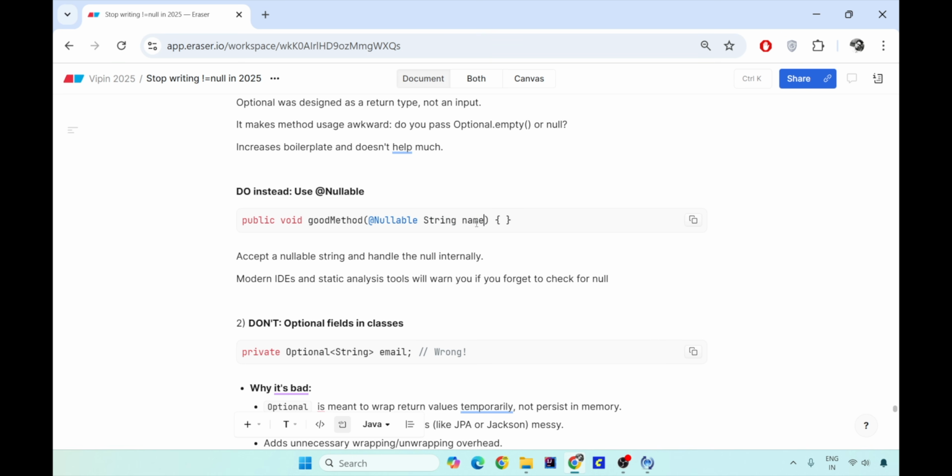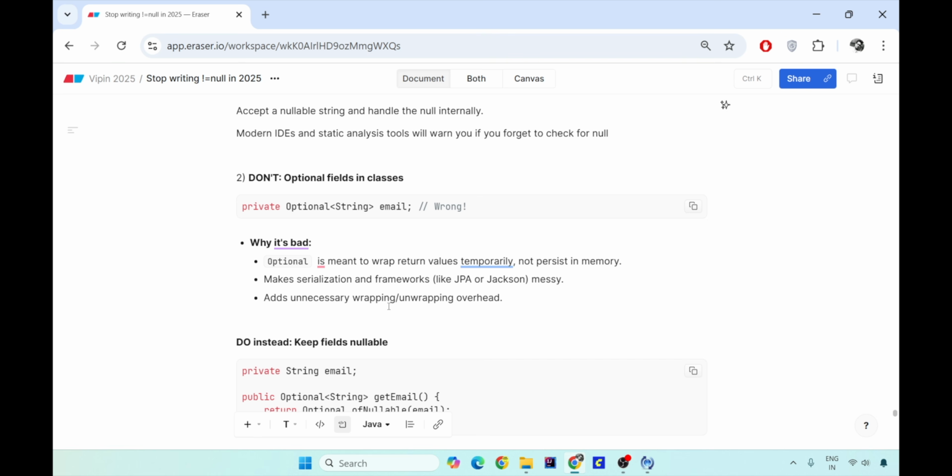The second important don't is please don't use Optional in the class. For example, you have a User class and an Address class. In that, you might have a city, and that city is Optional. So you write Optional of String city. That is the wrong way. Multiple people might have done that in their POJOs, but this is a bad programming practice. It will not do you any harm, the code will work entirely end to end, but it is a bad programming practice. That is not a professional one. Why?